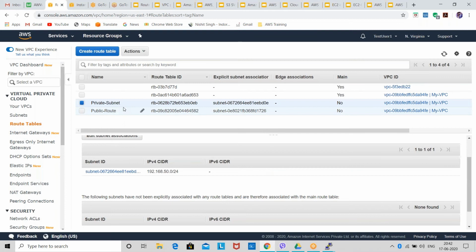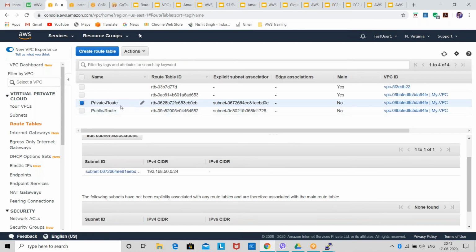I'll do the same thing for my private route table also. So I'll go to the private route table.